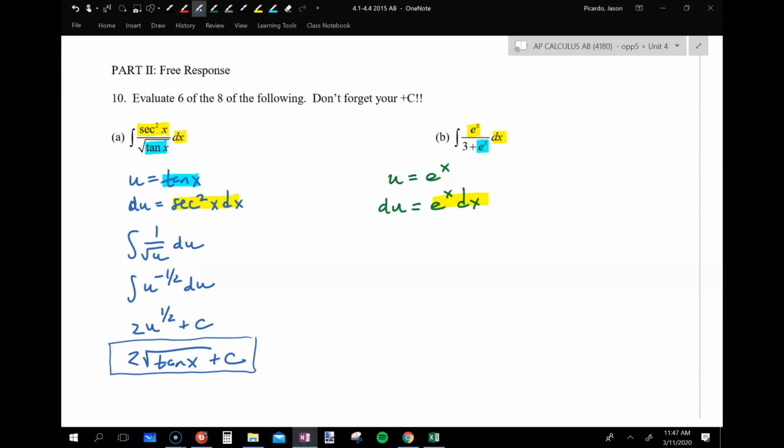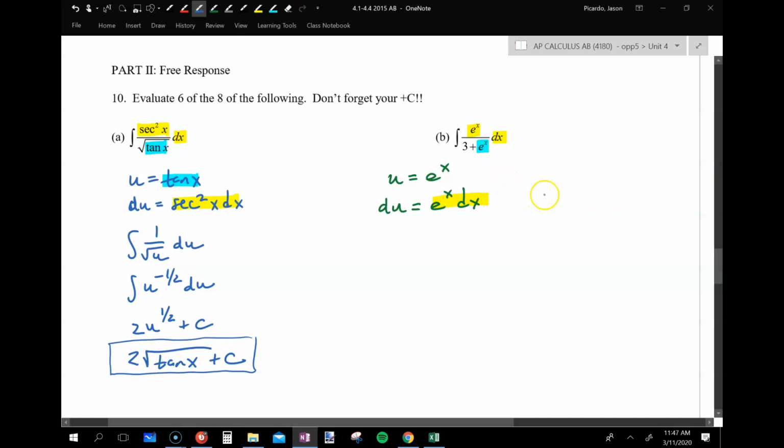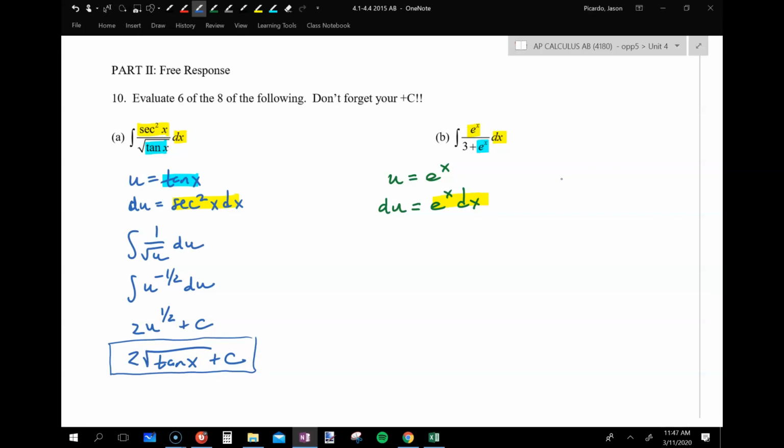Now, what's our issue? The issue is that this 3 is being added, right? You see the problem? If it was 3 e to the x, the 3 could come out in front, make it a third, right? It's actually a really, really easy fix, and this is a roadblock that I'd imagine you could stumble upon. How can I edit this really quickly